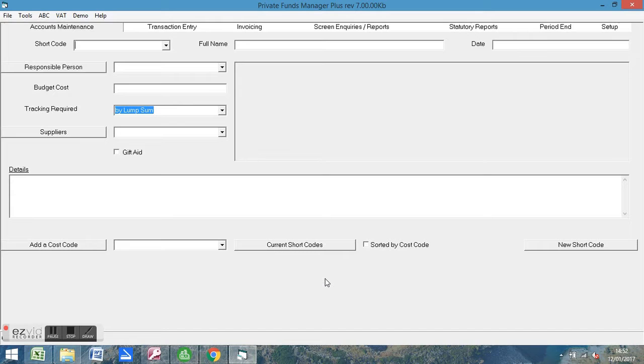So I'd just like to talk very briefly about processing refunds to parents or pupils in the private fund manager. So this is money going out of the system. However, it's important to be aware that we don't process it as a payment. The payment is something different. A payment is purchasing or paying for a service, whereas a refund is actually turning around or reversing an item